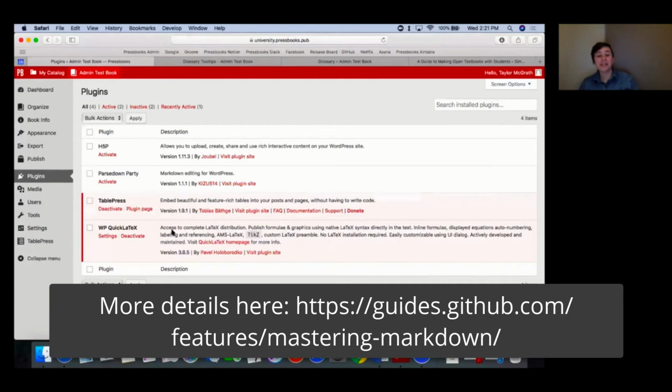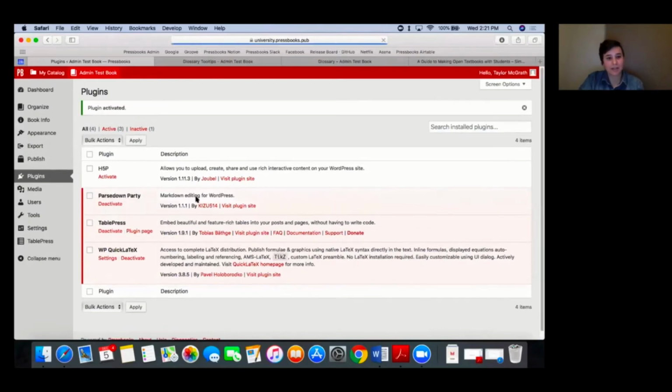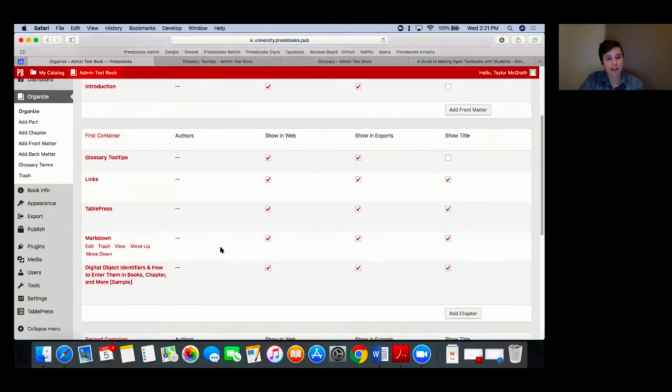So if you don't use it, then you don't really need it. But if it's something that you're comfortable with and that you want to be creating content in, we've added a plugin called Parsedown Party, which was created by our Pressbooks developer, Dac Chartrand, and you can now turn that on at the chapter level. So I'll go ahead and activate this plugin, and then I will head over to our chapters, and I've created